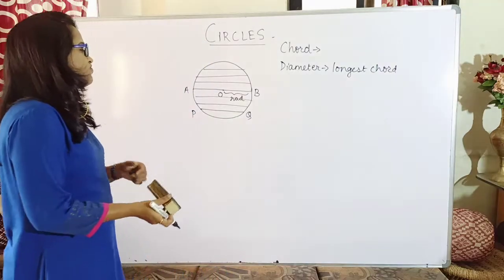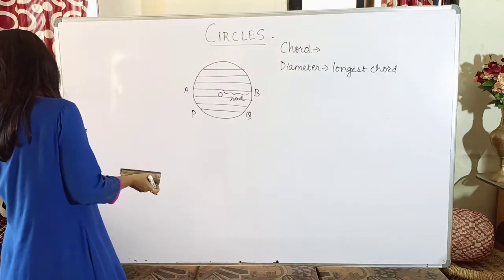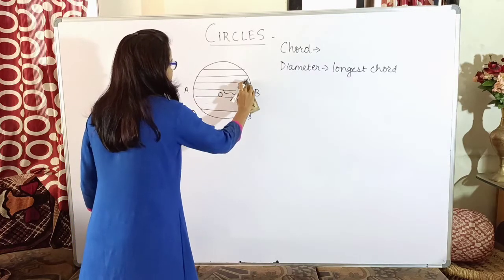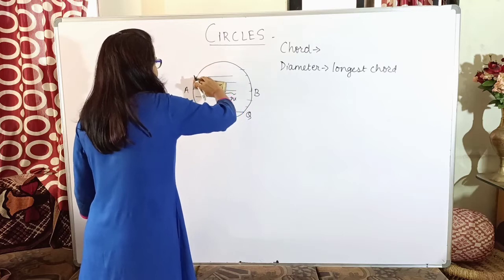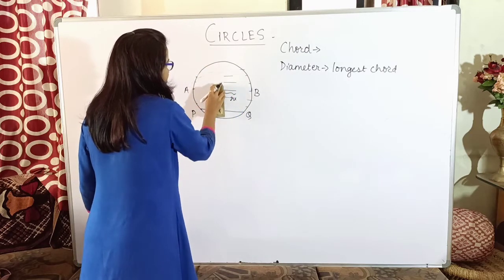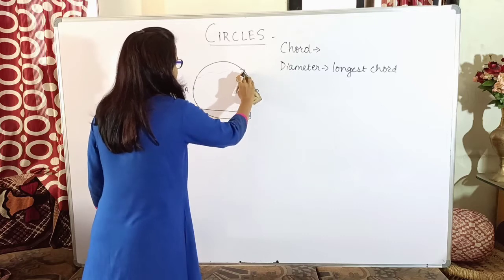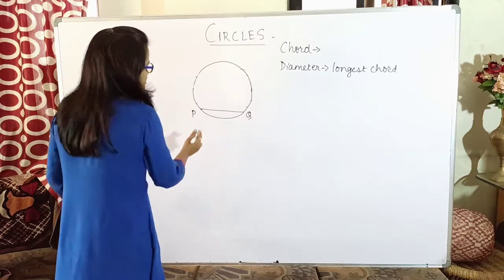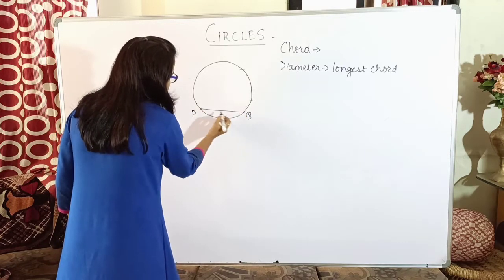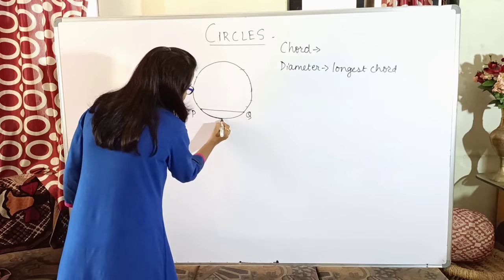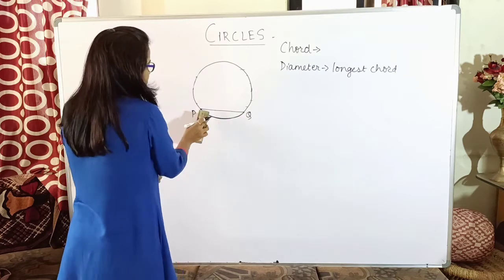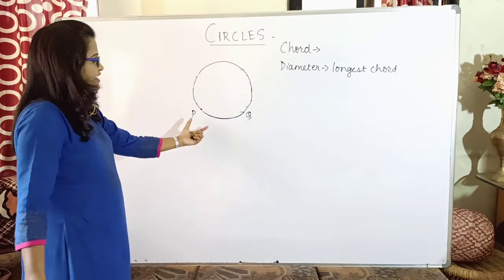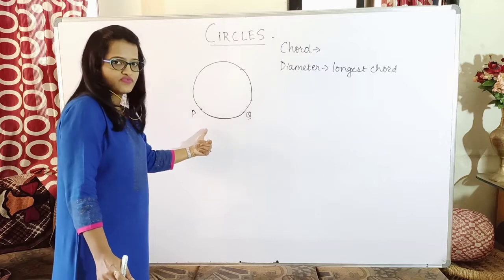Okay, what further? After that we have seen the arc. Now what is an arc? Yes, arc is a piece of circle between 2 points. Now what does that mean? Suppose I'm keeping these points P and Q as it is. So this piece of circle, if I remove this chord also, so as you can see, it is part of circle, isn't it?